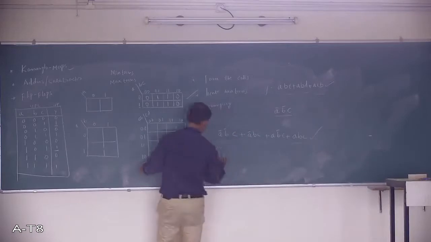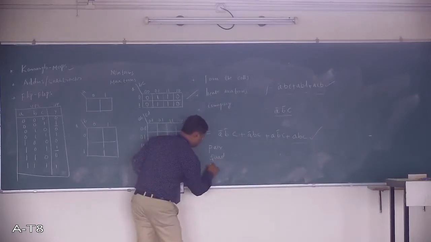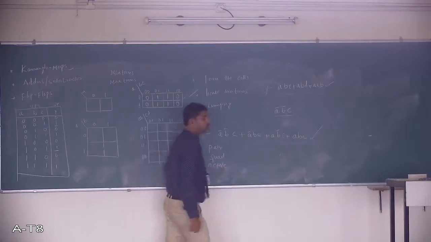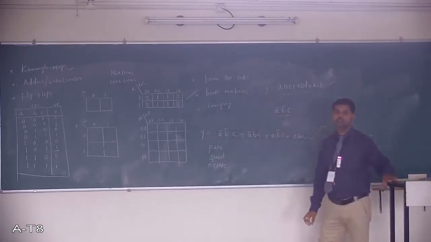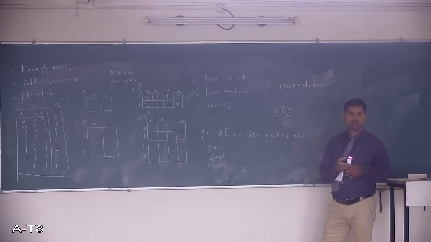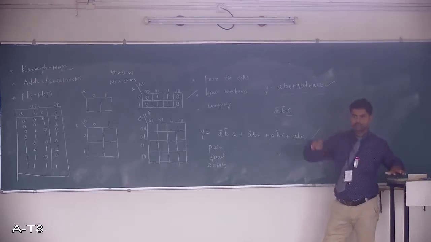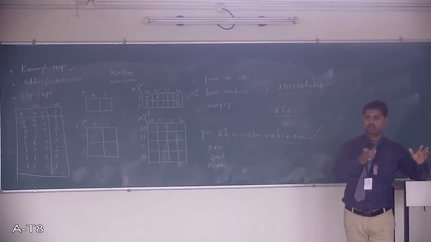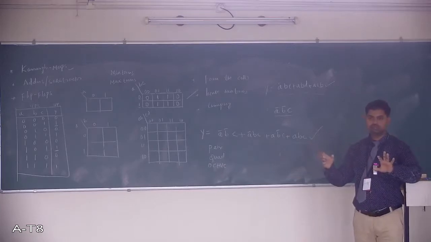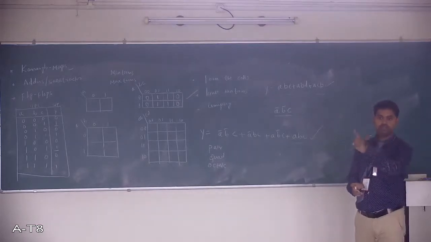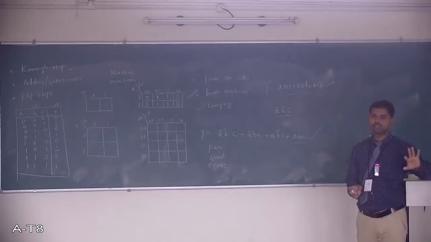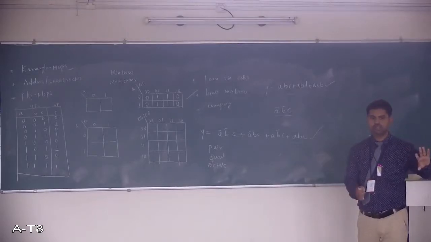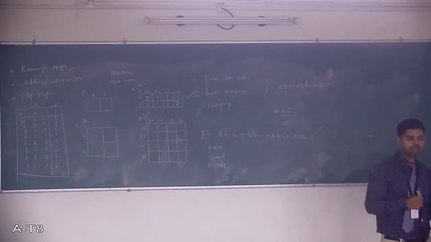If the total number of cells is 8, then it is an octet. Or else 16 cells you can club if they are side by side and all the cells represent logic 1. The grouping should be only for logic 1s. You cannot group some cells with logic 1 and some cells with logic 0. If you group, all the inside cells should have the value 1 and they should be side by side. If that option is there, you can group. So grouping is a very important step here.